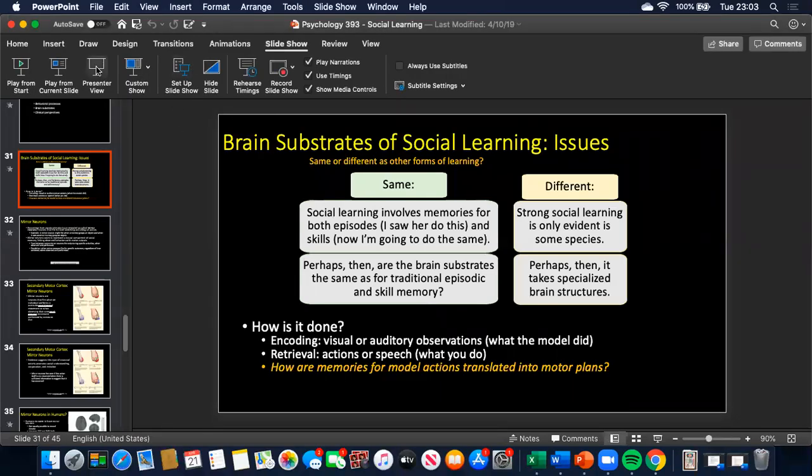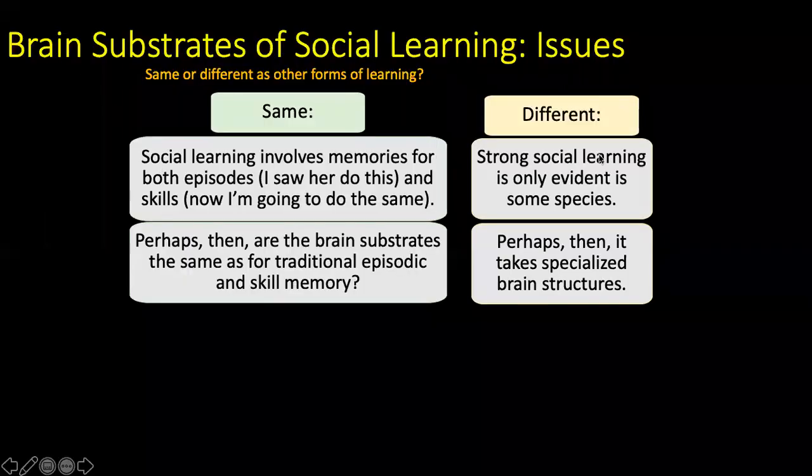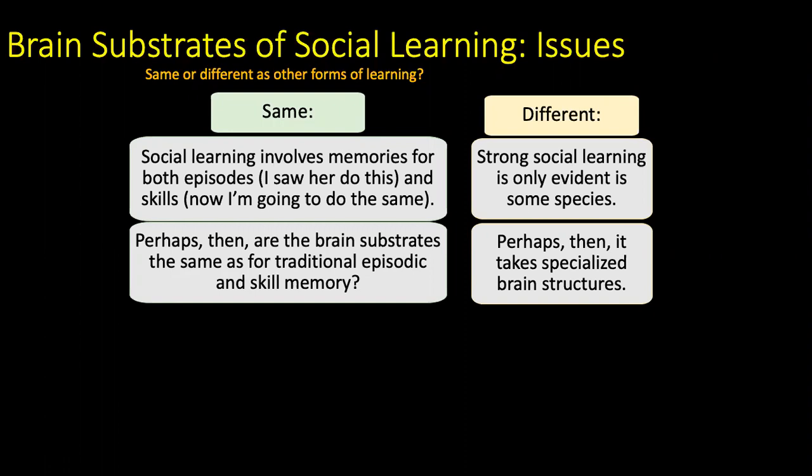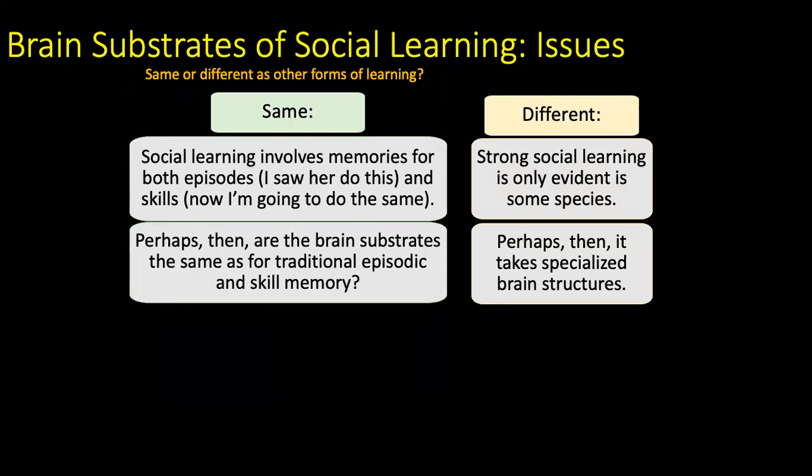Because in general, there's not too much new stuff going on in the brain here, more some simple ideas to remember. But mirror neurons are kind of cool. You might have heard of them before, depending on what classes that you've taken. And the evidence for mirror neurons is mixed, and depending on who you talk to, they'll be more or less excited about it. But we'll show a little bit of evidence here for why we think mirror neurons are interesting and why they're relevant to the social learning that we're talking about here, right?